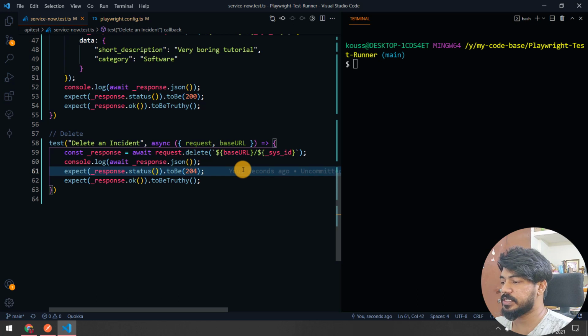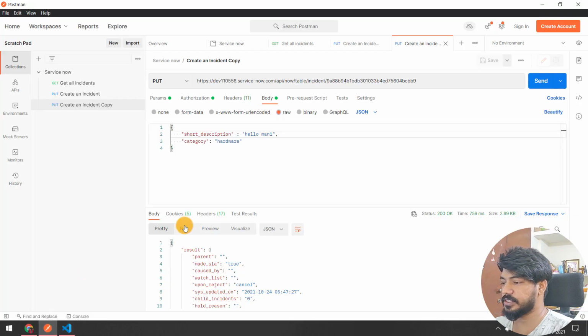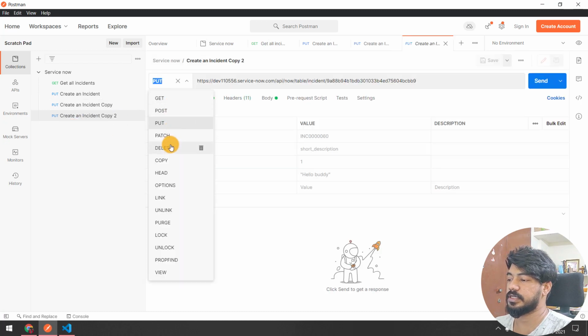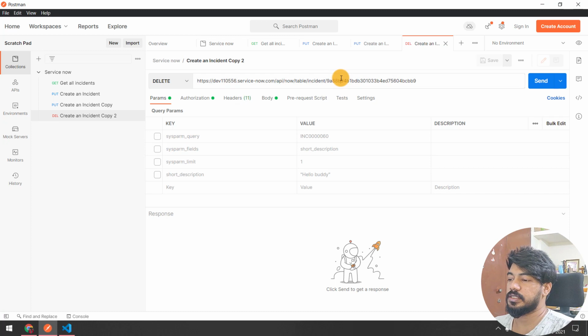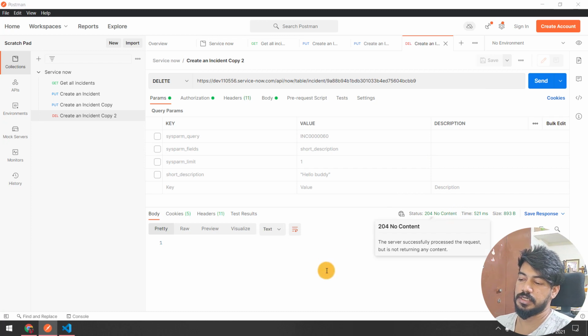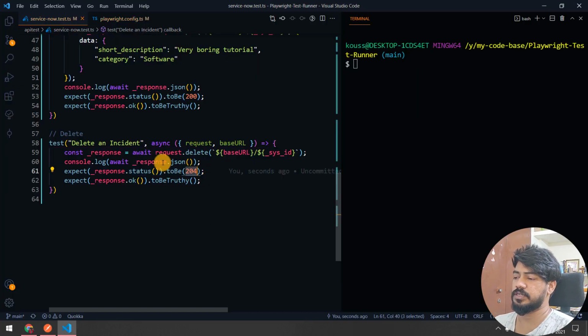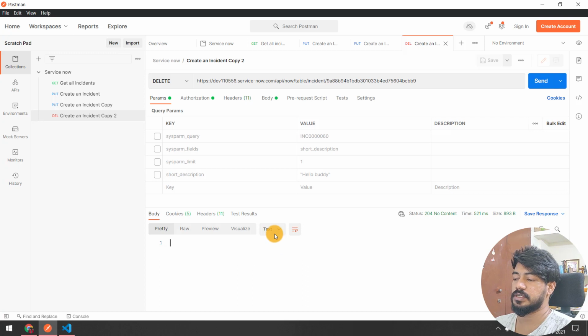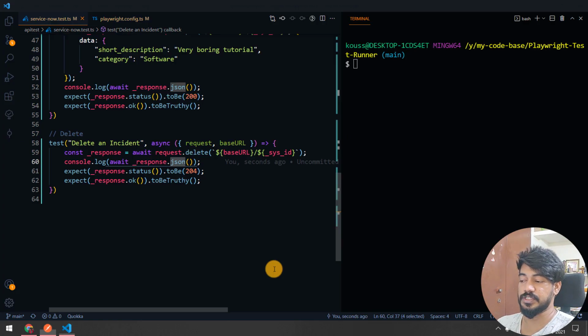Are you guys able to see anything? Even if you see, you cannot say to me. So I'm going to create a delete. Let's duplicate this, and here I'm going to use the delete. And then this is the incident actually. Let's give the send. Let's see. So 204 no content, and that is actually 204 correct only, but this response is not, because actually it's not giving us any response here in ServiceNow. That is the reason, I think.